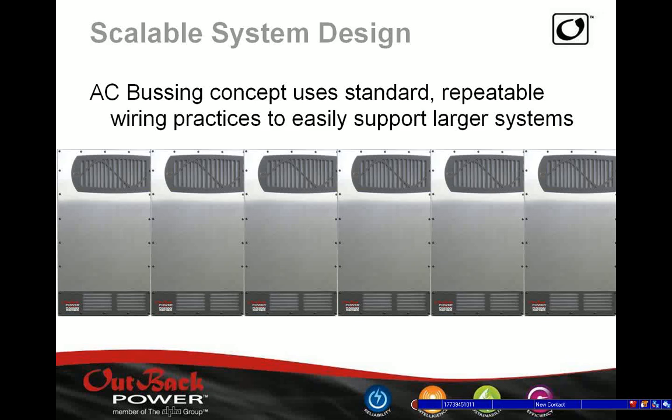We have different sheet metal kits, as I mentioned, for larger systems, but then quickly things become custom, and custom's very challenging to do. It is not easy for an installer or integrator, and it's certainly not easy to do accurately or quickly. With the Radian, we came up with a concept called AC busing, building upon the lessons that we've seen the grid direct market use as installers have moved up from 1 or 2 inverter residential installations to larger and larger installations, and when they're doing their first 50 or 100 kW grid direct system by using basically AC load centers as distribution load centers, and to use standard off-the-shelf componentry and standard wiring practices to scale up and do larger systems with